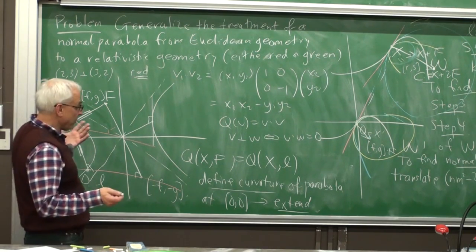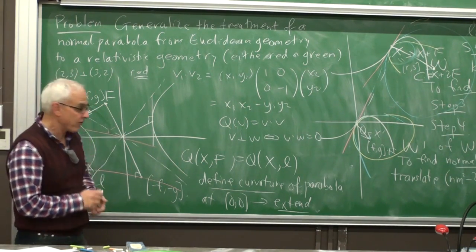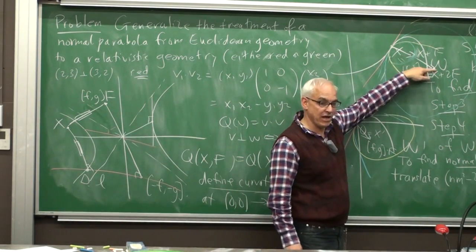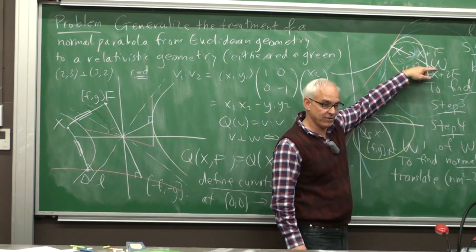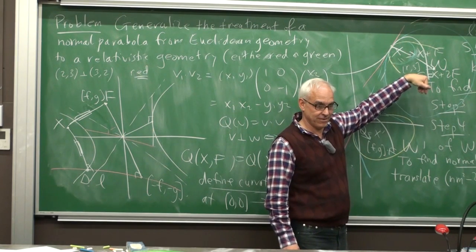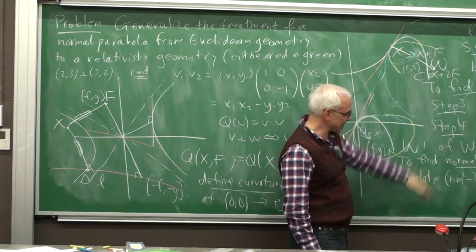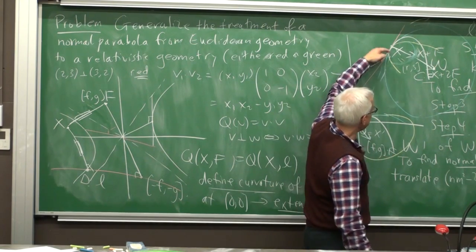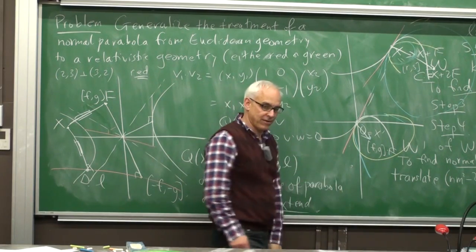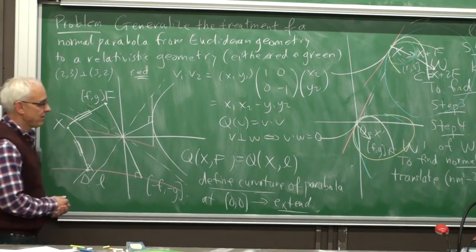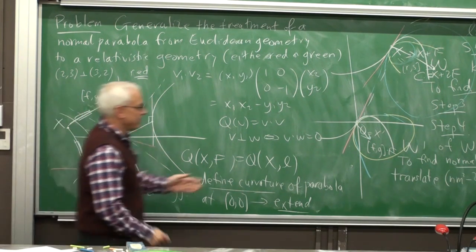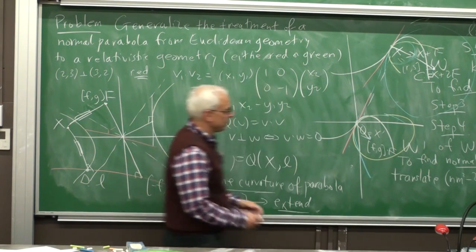So once we get this idea, well, then a whole new world opens up for us, because now if we have a general curve, we can ask not just for the standard evolute, that's a Euclidean evolute, but we could ask for a relativistic evolute. We just do exactly the same, but replacing this direction with the actual focus of a relativistic normal parabola that's tangent here.